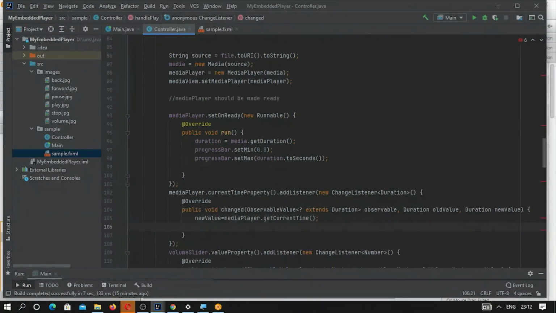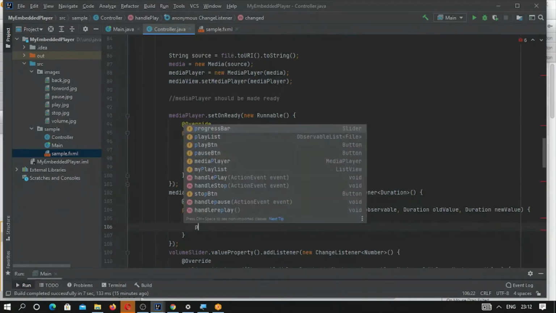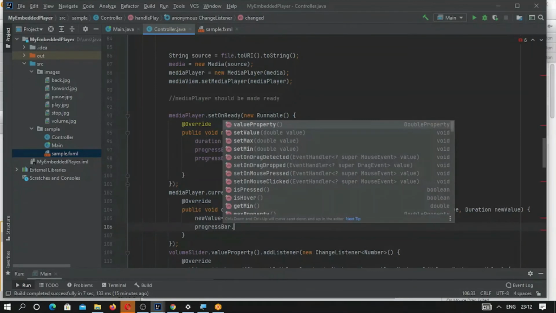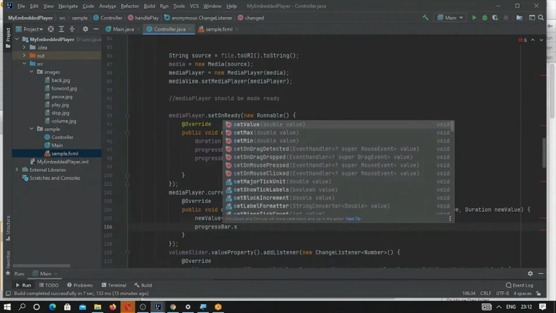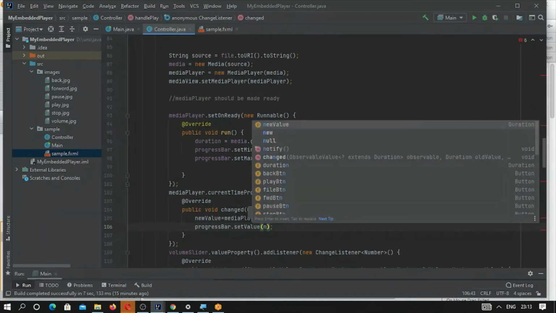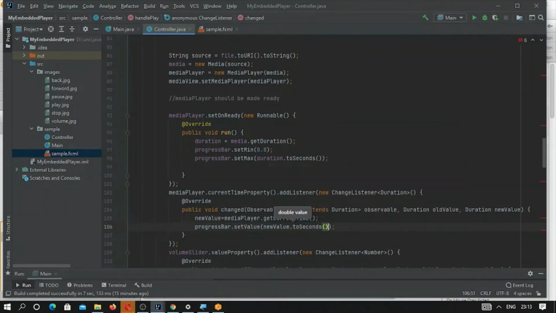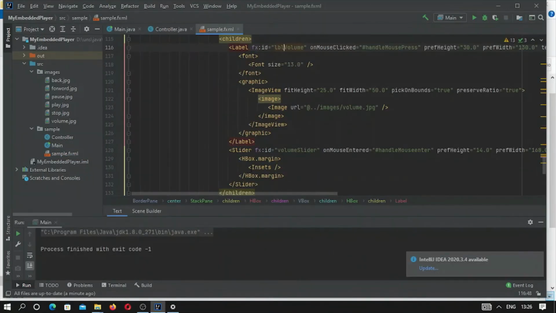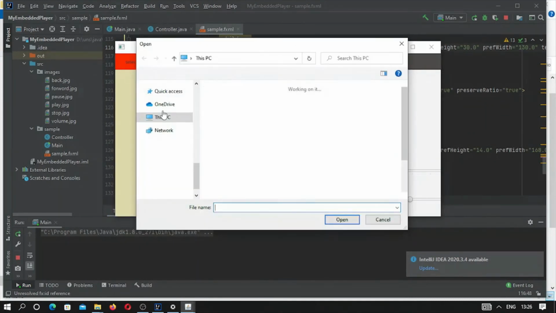Now what we want to do is progress bar dot set value, and we want to show the new value dot to seconds. Okay, now the coding required for all the buttons is done so far. Let me test them one by one, whether they work as we want or not. So select the video.